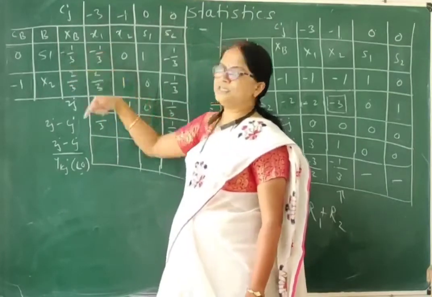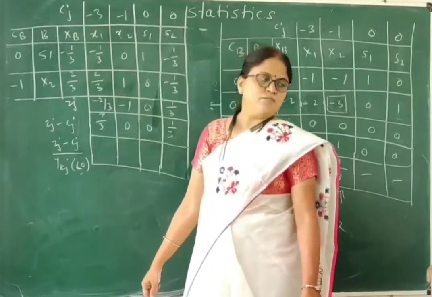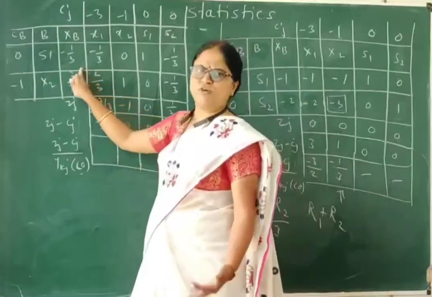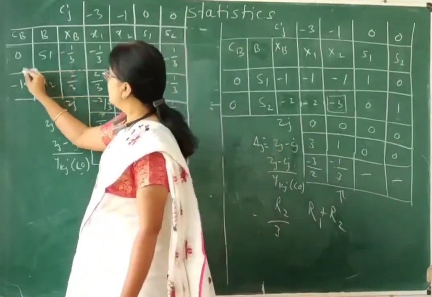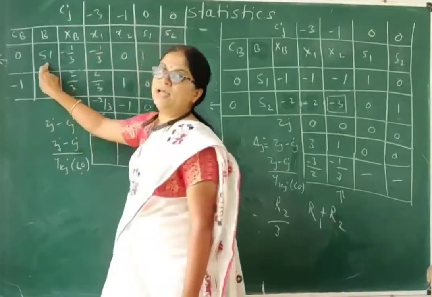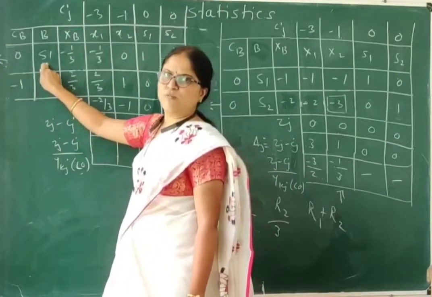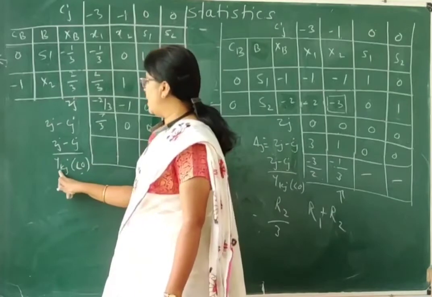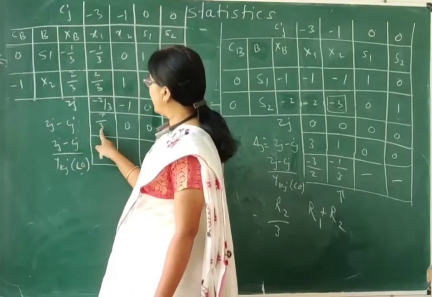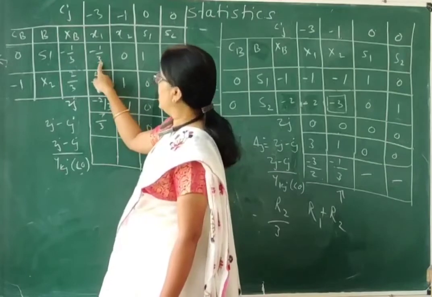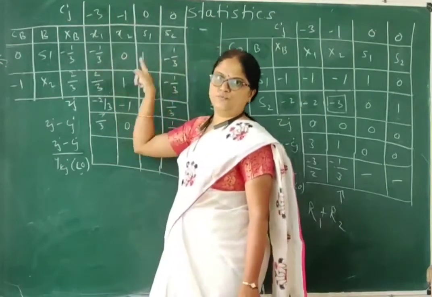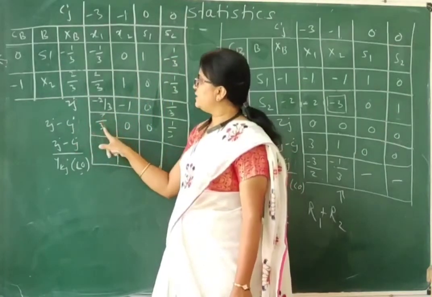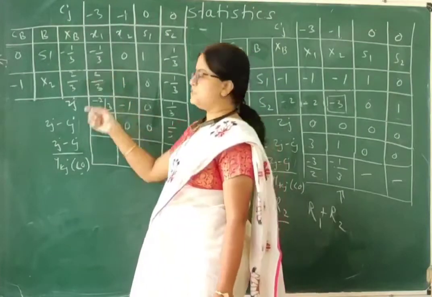Okay. So out of these negative values, we select the most negative, and only one value is negative. This is the value. So S1 is now my leaving variable, and the value of k over here is 1. So we can divide this row by this row, and we call this the key row. We divide Zj minus Cj by the key row. So 7 by 3 divided by minus 1 by 3 is minus 7.